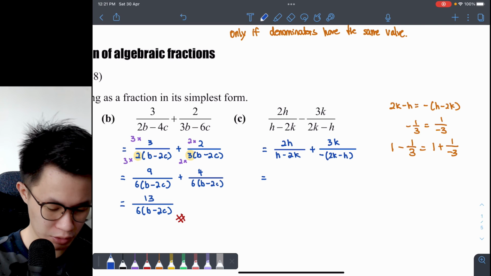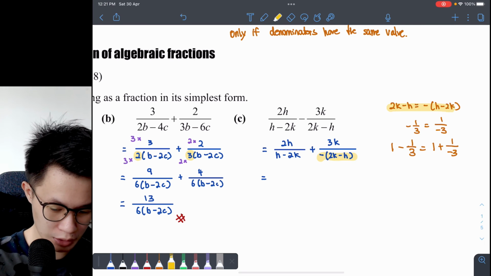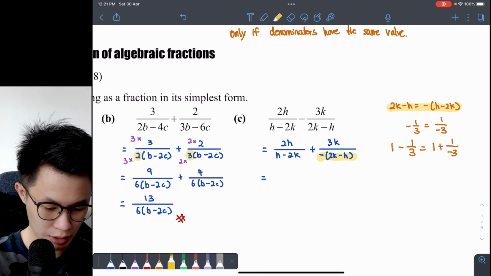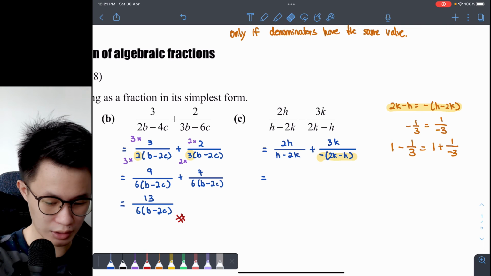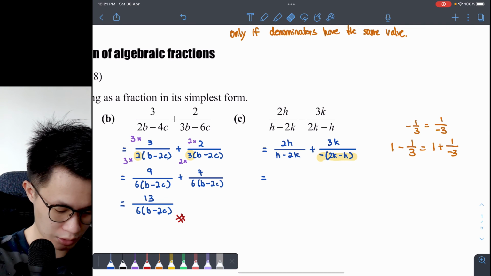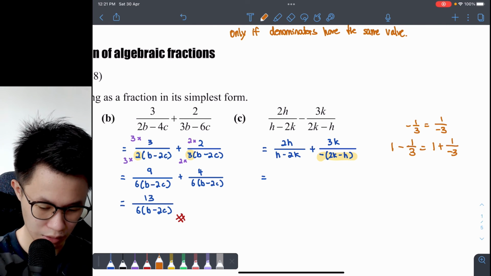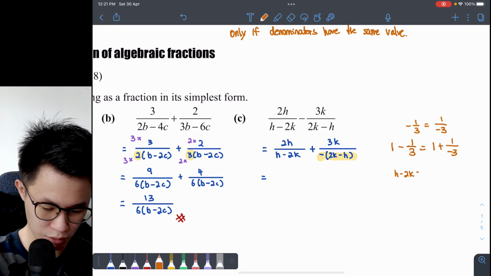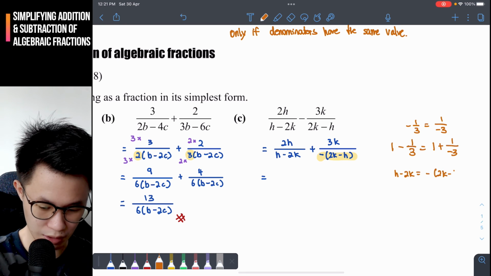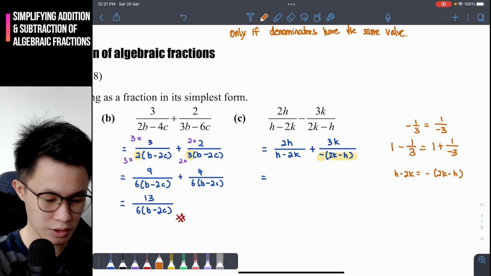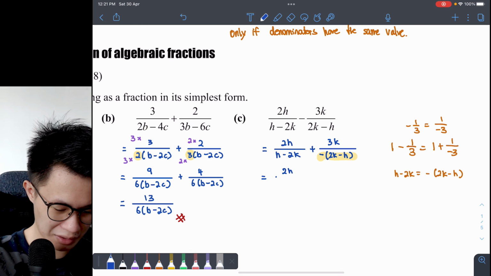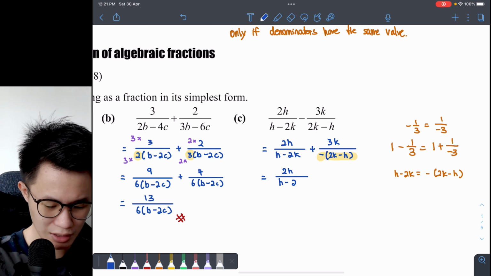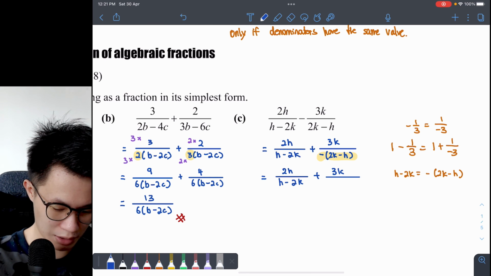And with this, we're going to apply what we did here to here. So negative 2k minus h is equals to, maybe I didn't write this properly. But can I write that h minus 2k is also equals to the negative of 2k minus h? Correct? So I'm going to reuse this property and kind of remove the negative sign in some sense. So replace the negative 2k minus h by h minus 2k,